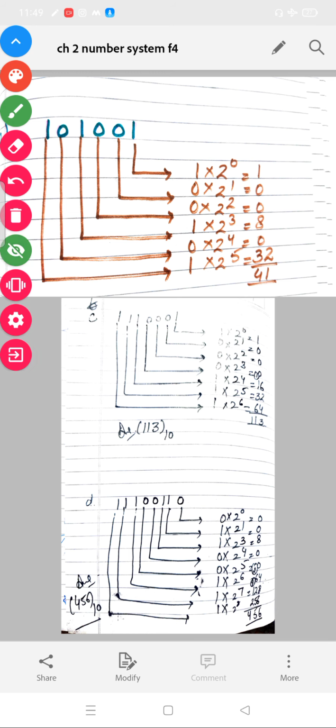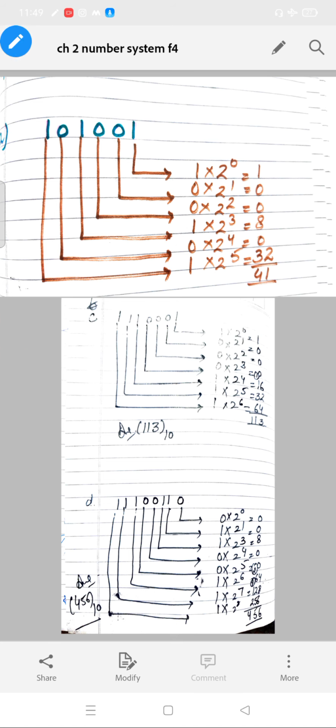होते हैं, तो 2 नंबर आपके 2 multiply by something and raised to power also for the position of the number. So position will be started from 0, 1, 2, 3, 4 and 5. Here we are having 5 positions for the number. Number 1 is on 2 raised to power 0 position. Number 0 is on 2 raised to power 1 position. Number 0 will be on 2 raised to power 2 position, and so on. We will write the position of the number, and we will do multiplication.